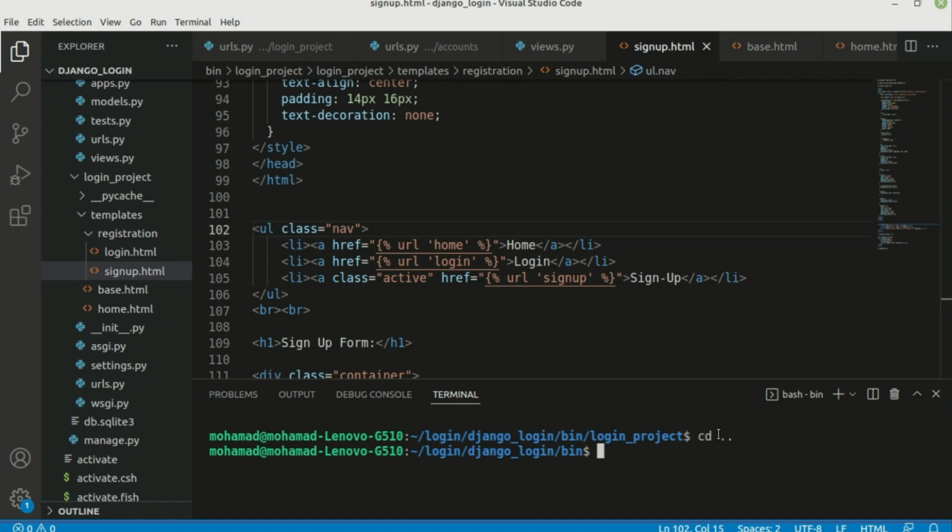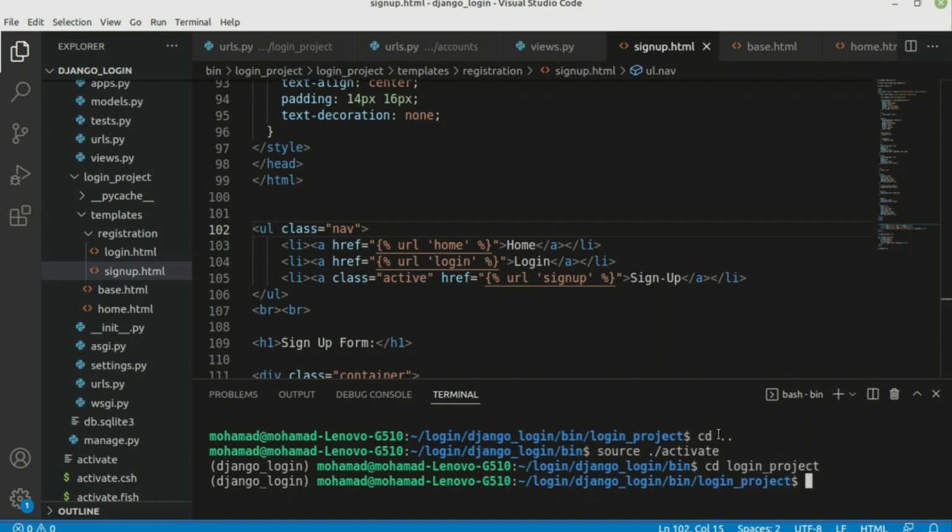So first of all, let me go to the virtual environment. We should write source activate. Now we need to cd to the login project. There we go. And now there's something that we need to do, and that is adding our templates to the